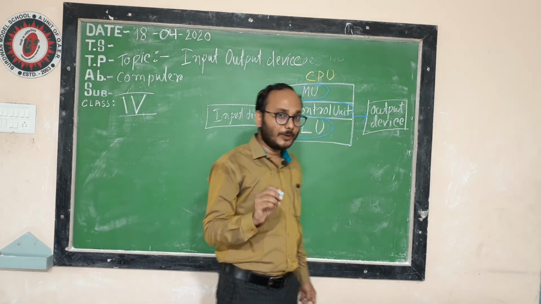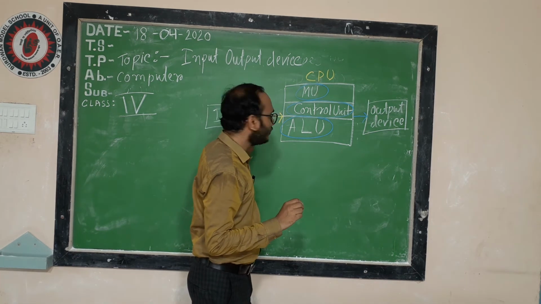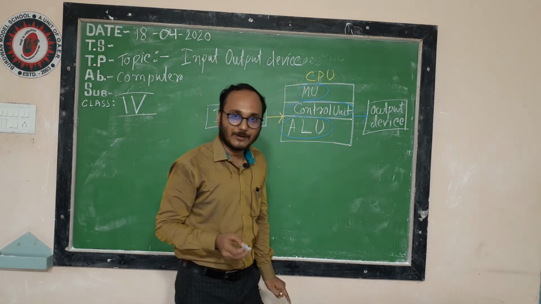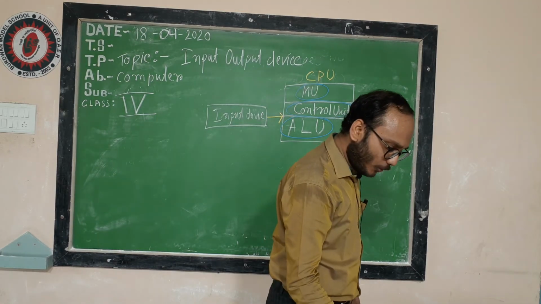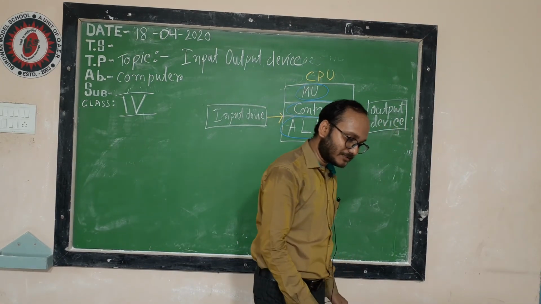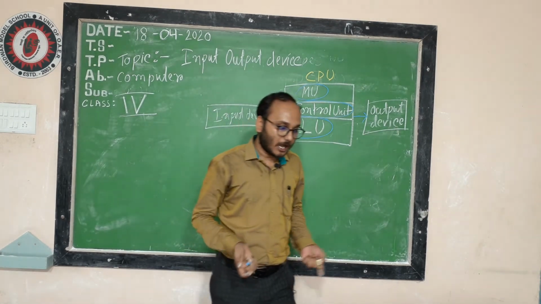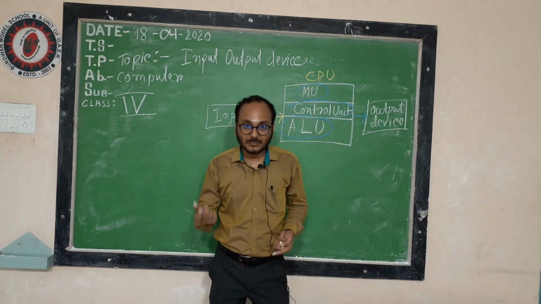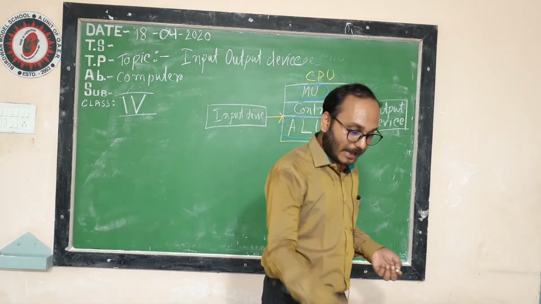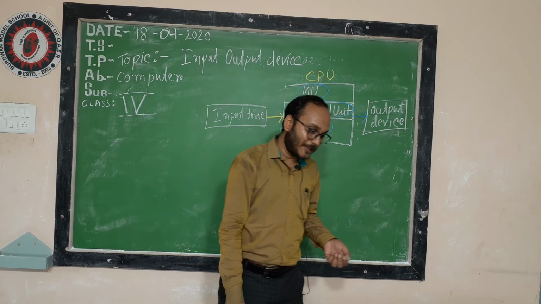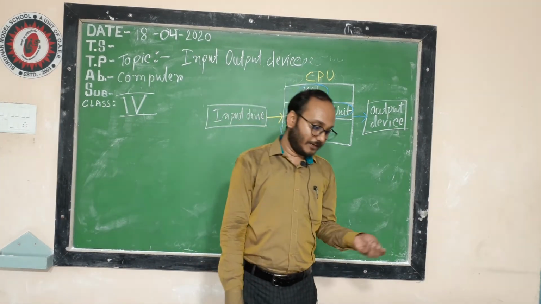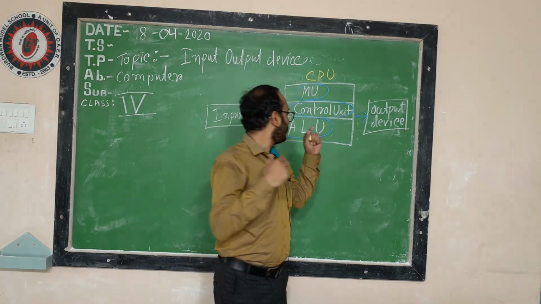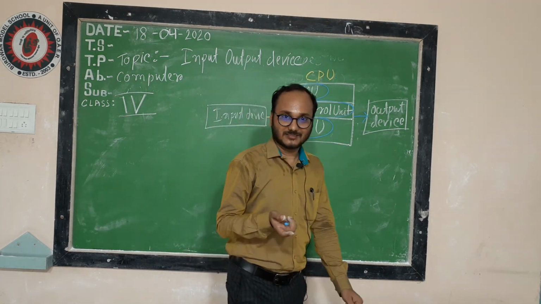Next class, we will discuss in detail about input device, output device, and processing device. Mainly input and output device. That means how keyboard looks, how mouse and scanner works, how smart card reader looks like. And output device also monitor, speaker, printer. Three types of printers are there. So this details class will be your next class.